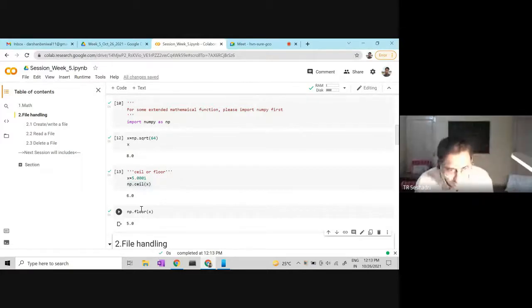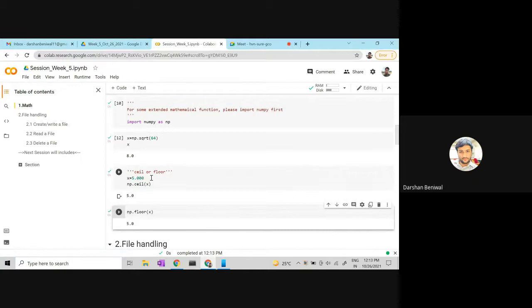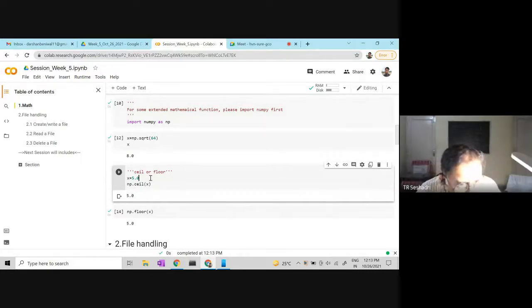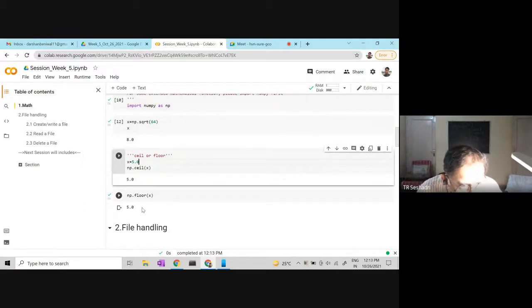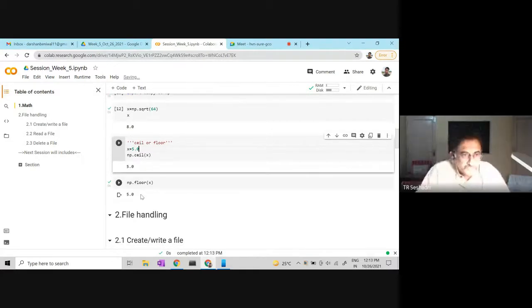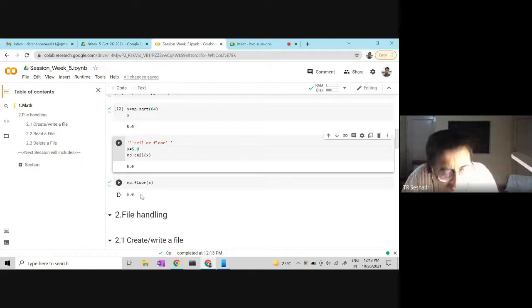So when you say floor or ceiling, is it greater than or equal to? Okay, let's see. Greater than, yes, it will work on the greater than. Greater than or equal to? So ceiling will work on the greater than. No, it's not. When you have x as 5.0, then the ceiling is 5.0, not 6. Yes, sir. So it is greater than or equal to, and the same for floor, which is less than or equal to.